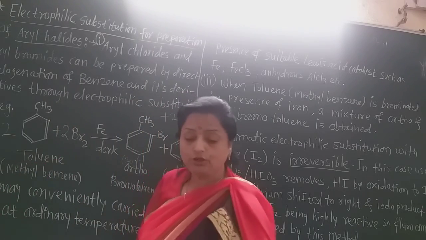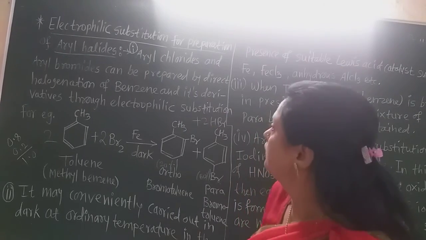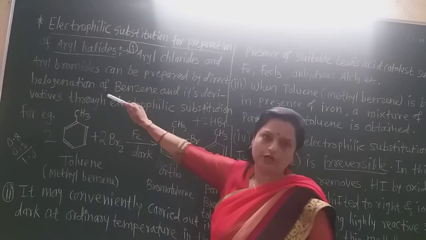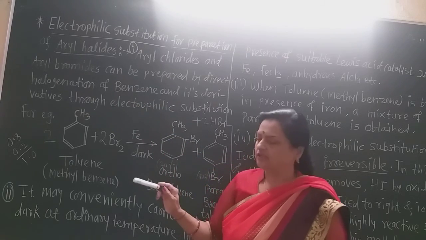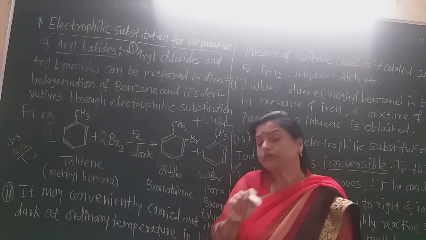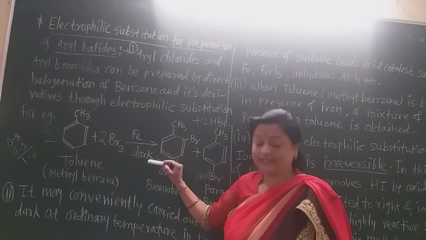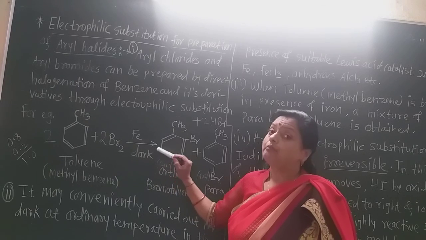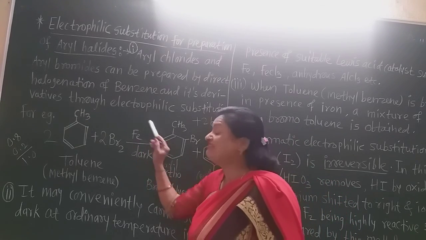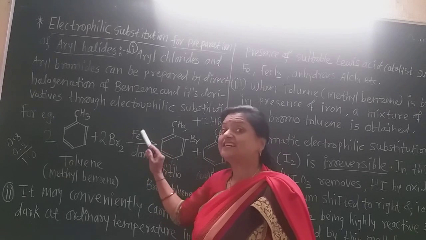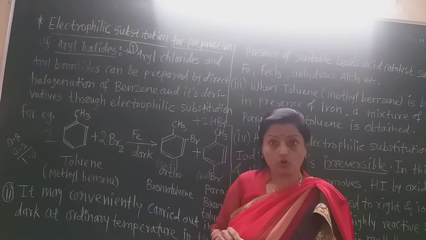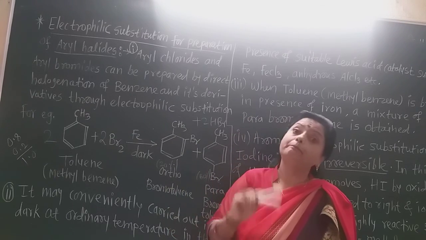So what is given in the second point again? Now see here, aryl chlorides and aryl bromides can be prepared by direct halogenation. That is very clear. We can use direct bromine and direct chlorine, and here we must do all these reactions in the dark. That means in dark. Why? Because the light affects this reaction. And always use Lewis acids as a reagent. Which are the Lewis acids? Which have fewer electrons, such as AlCl3, BeCl2.